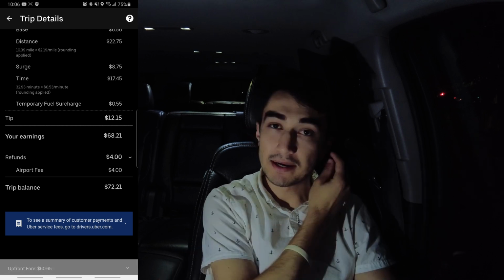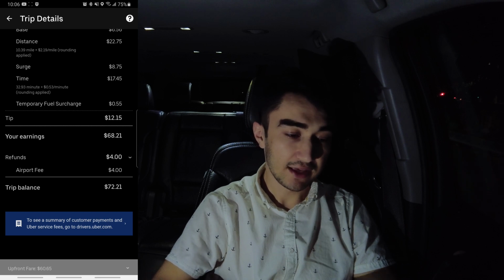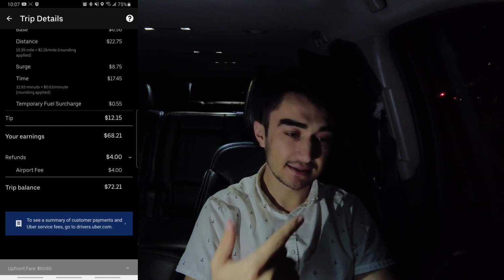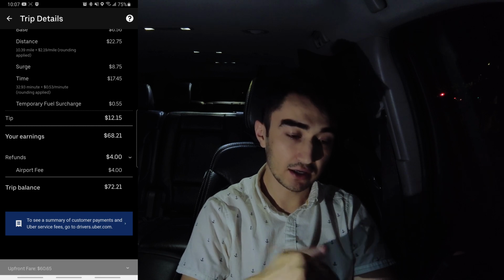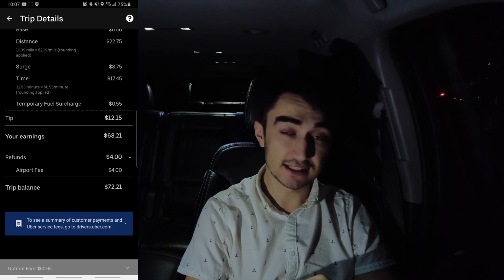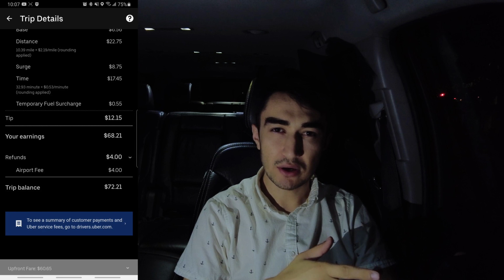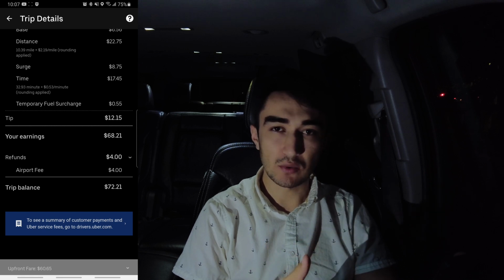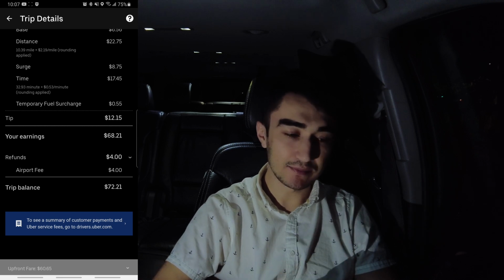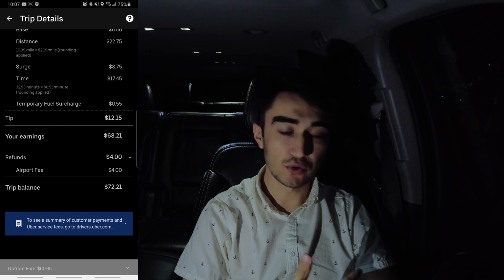Everything is shown, but in order to see how much the passenger paid, we have to click this blue line over here. It will take us to Uber app, and then from there it will transfer it back to this page and we can see it. Before, maybe a month ago, I think, you could see it right away, so there was nothing hidden here. But as you can see, step by step they are making more stuff hidden so that you cannot find it